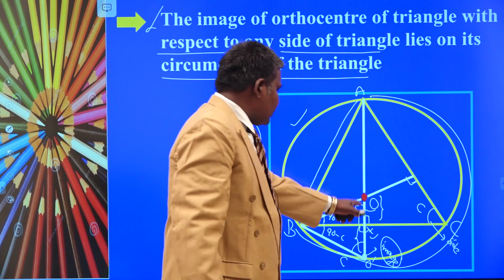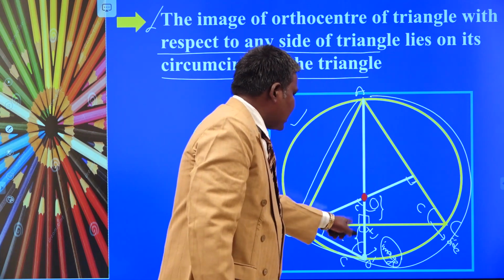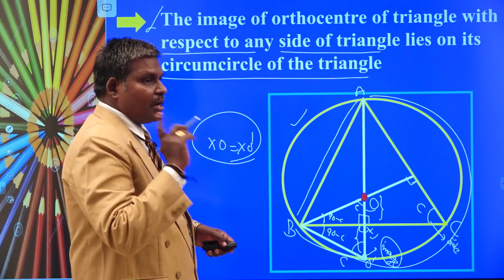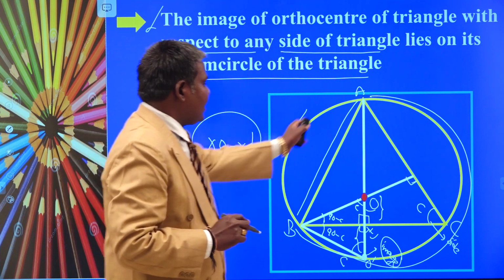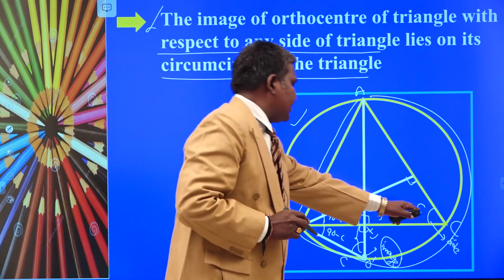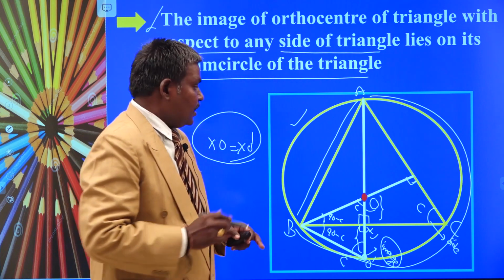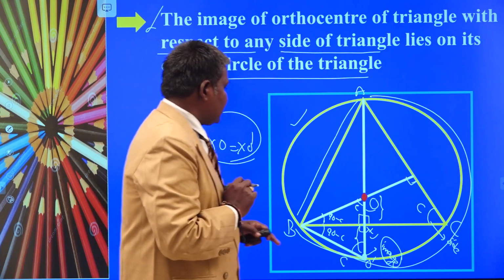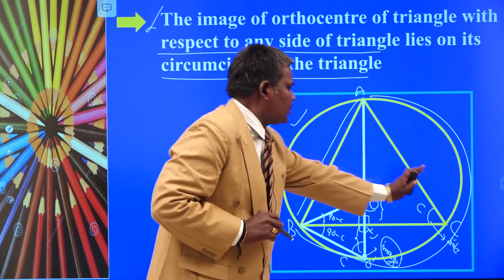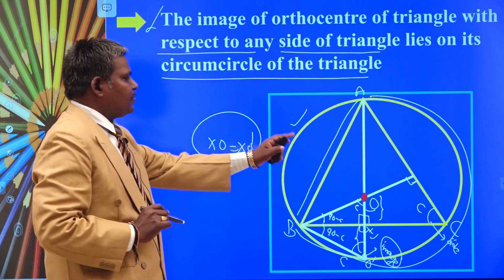So, to show these two lengths are equal, I am going to show that these two triangles are congruent. To show these two triangles are congruent, I have used two concepts. Angles in the same segment are equal, that is one thing, and another very little thing: this is C, it is 90 degrees, so it is automatically 90 minus C. The student must think that if it is C, immediately the angle here is also C with respect to this segment. That is a wonderful observation from this figure itself.